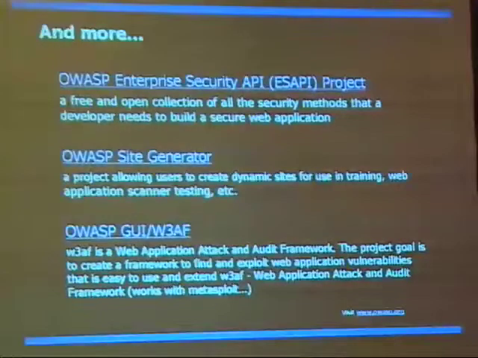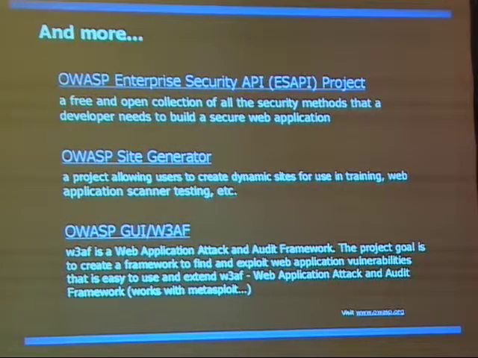So as a developer, the ESAPI project is great because it puts together all of these different things in a central repository, so you can grab these APIs from OWASP and integrate them into your application so that you don't have to rewrite these things that OWASP has done for you. Things like authentication, authorization, again, input validation, so you can avoid common vulnerabilities that exist within applications.